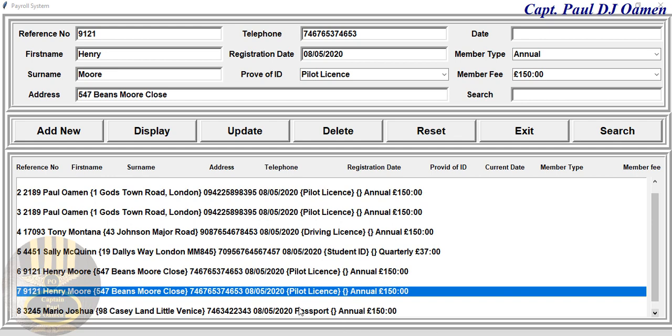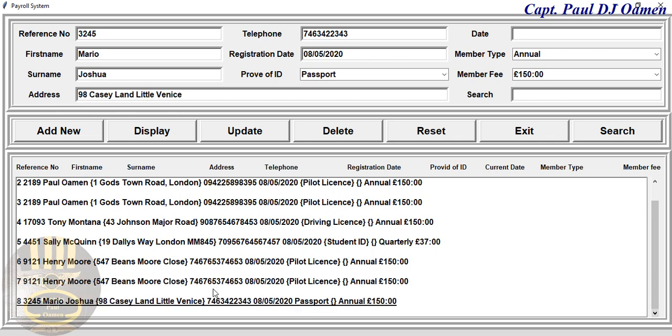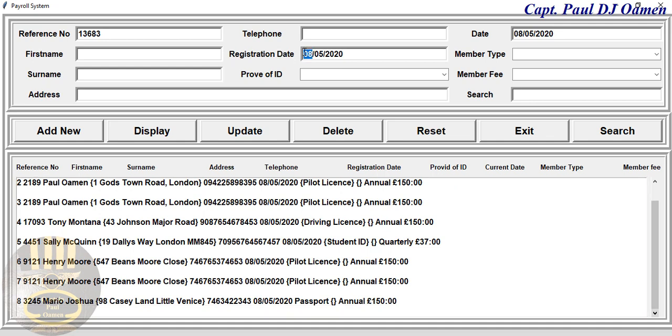Okay, that's Mario's details. Alright, and we can also reset and enter some more data. You see, as soon as I reset, a new reference number is added, though the date still remains the same. Registration date, if you have to change that, then you just change it to whatever you want it to be. Okay, let's assume that's my registration date. So for this next